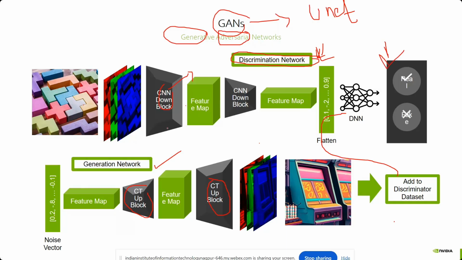Now whatever noise I give to my generator, it should be able to give me an image, and whatever image is generated, you will not be able to identify whether it is real or fake, because we have already trained the discriminator on that model. This is how the generation will work.